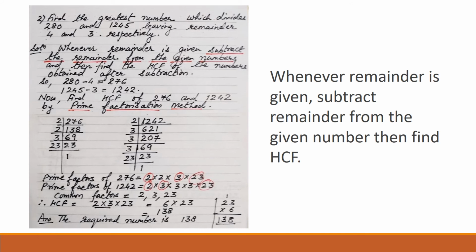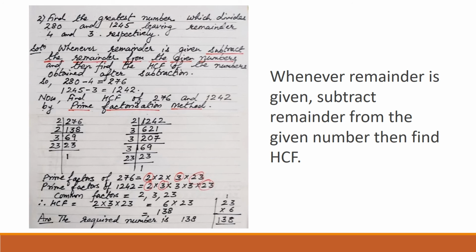Now, first you will find the prime factors of 276. Now 6 is the last digit, so the number is divisible by 2. You know that in prime factorization method, always start with the smallest prime number. So 2 ones are 2, 2 threes are 6, 1 6 is 16, 2 eights are 16. Now again you can see 138 is the quotient, 8 is the last digit, it is divisible by 2. 2 sixes are 12, 1 8 is 18, 2 nines are 18.